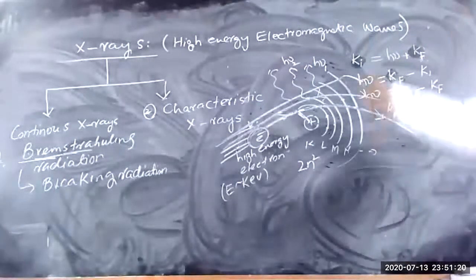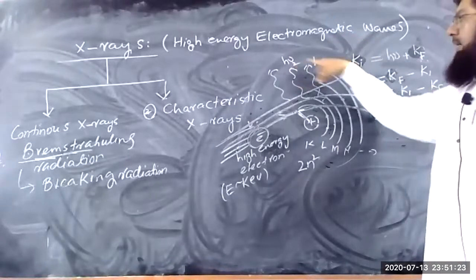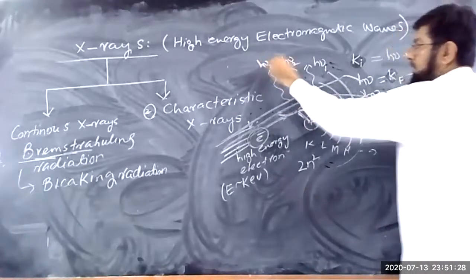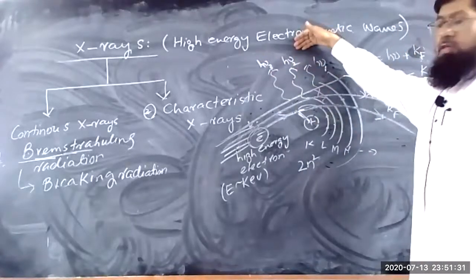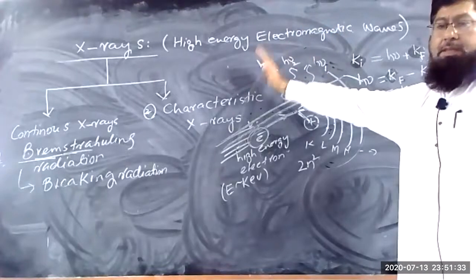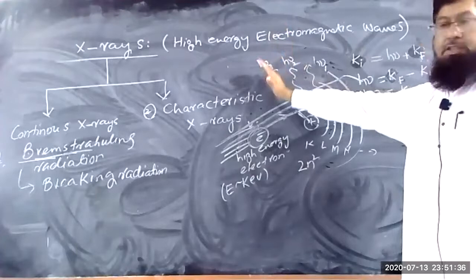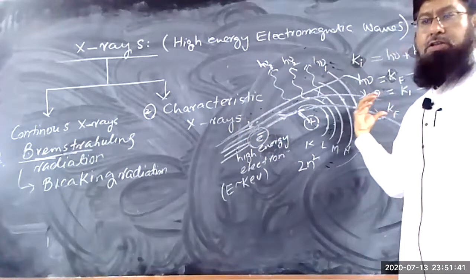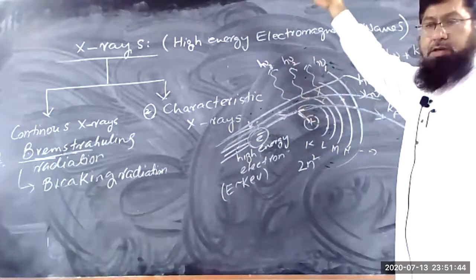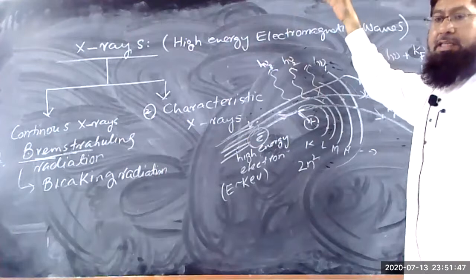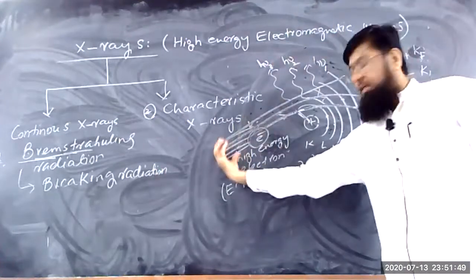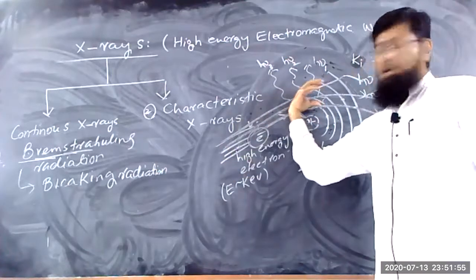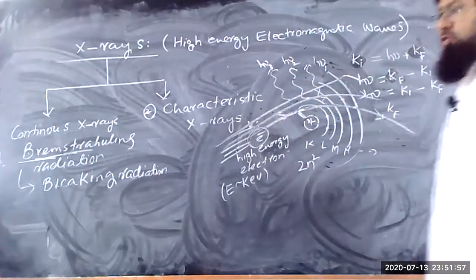So here it has h nu 1 which has higher energy as compared to h nu 2. Similarly, this has h nu 3. So how much energy is emitted out? It is in the continuous form, possesses all the possible radiations. It means the number of photons, which is the number of electrons coming close to the nucleus, gives rise to the number of photons. So the intensity of the radiation depends upon the number of electrons encountering the nucleus, or the number of electrons encountering the Coulomb force, Coulomb interaction.